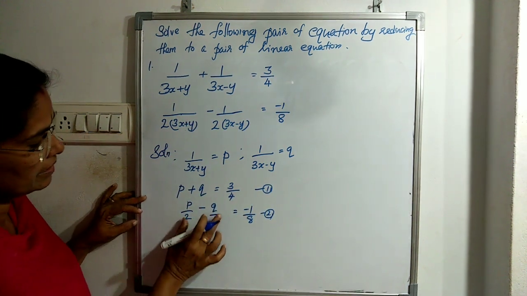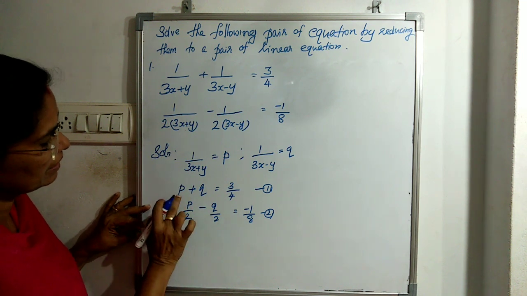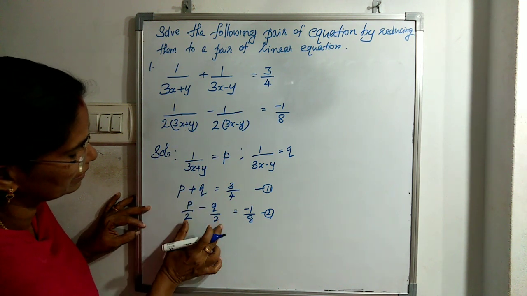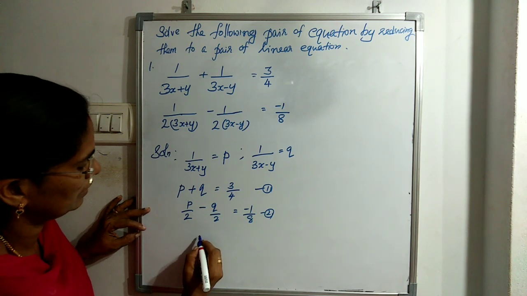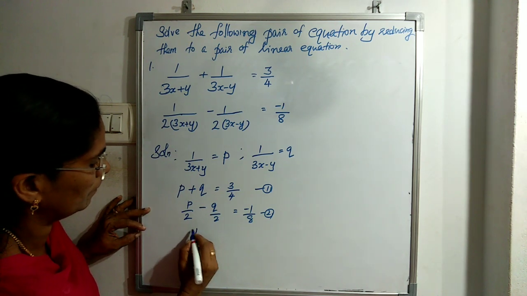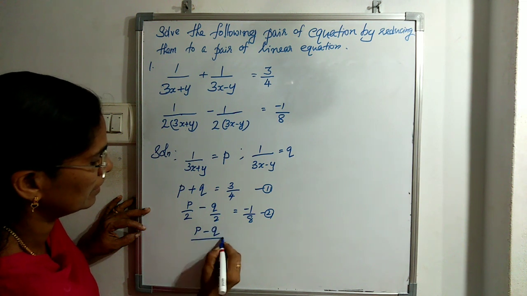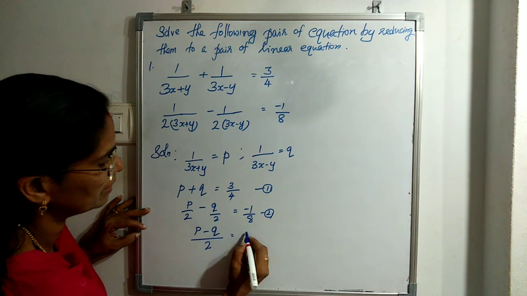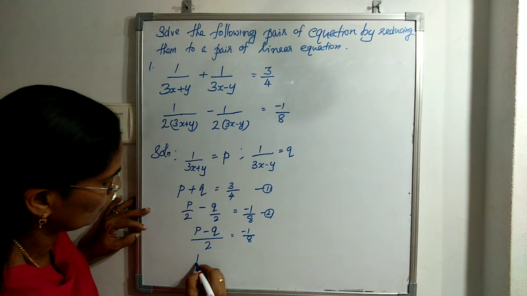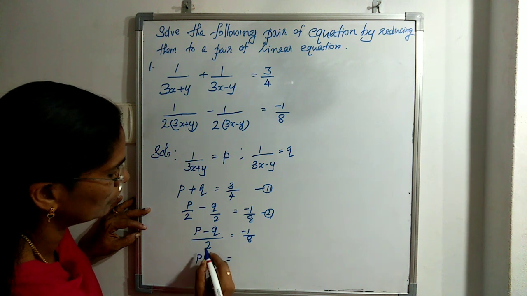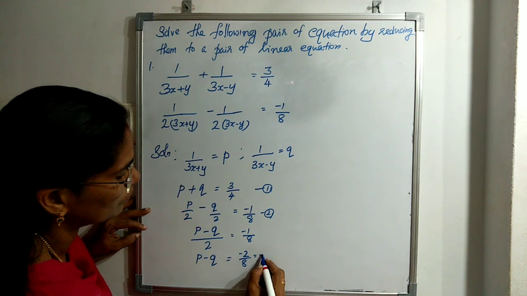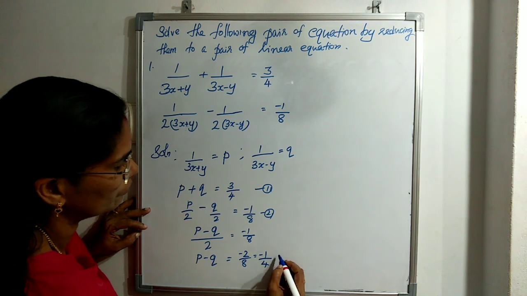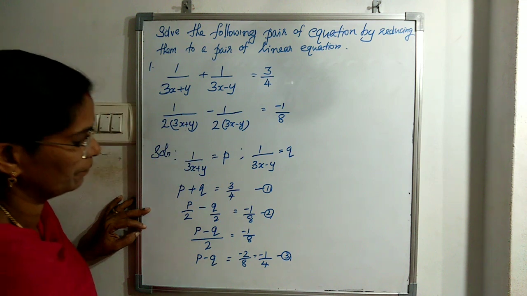Again we can rearrange the second equation. So we can make this also without fraction. Take the LCM 2, then it becomes the same denominator. So 2 is the LCM here, minus 1 by 8, or we can write it as p minus q is equal to, cross multiply by 2 here, minus 2 by 8, that is equal to minus 1 by 4. So we can write this as equation 3.